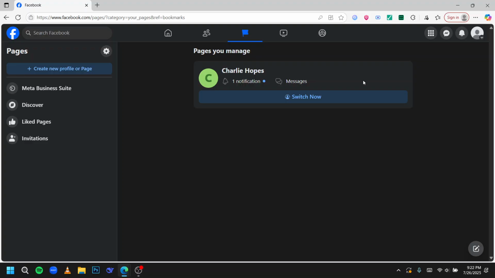If your page is deactivated, then you will see that here you will get the option of reactivate. Here you will see the option that Charlie Holmes, my page name is, and here it will show that your page is deactivated, and here you will get the option of activate now in the right hand side. And after that, if you simply click on the activate now option from here,